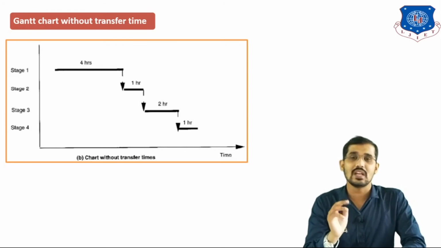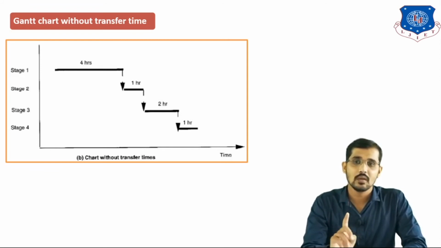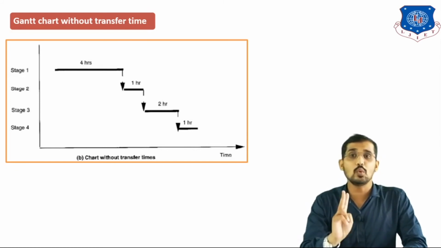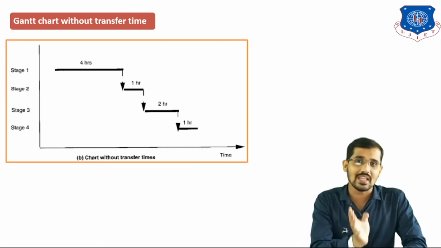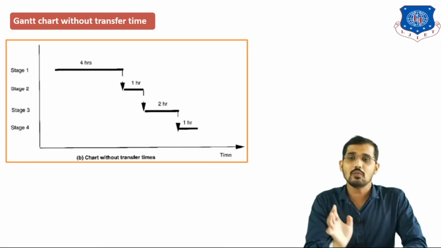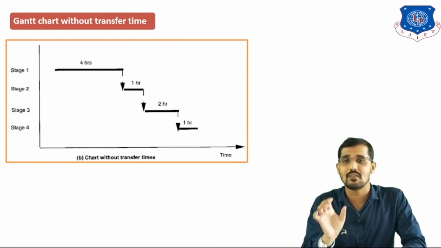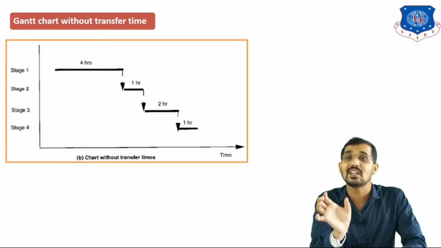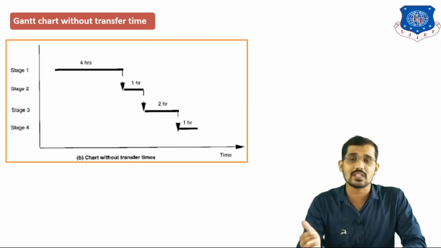After that, stage 2, that is the mixing tank, is for only 1 hour. So just draw one horizontal line for the 1 hour. After that, the third one is stage 3, that is the centrifuge, which is for the 2 hours. Lastly, there is a tray dryer for the 1 hour. So we have drawn here 4 lines for the 4 equipments. You have to just draw one line according to processing time. Whatever processing time is available for those stages, you have to draw one line only for that time interval. Done. So this is all about the Gantt chart for our manufacturing process of the single product.